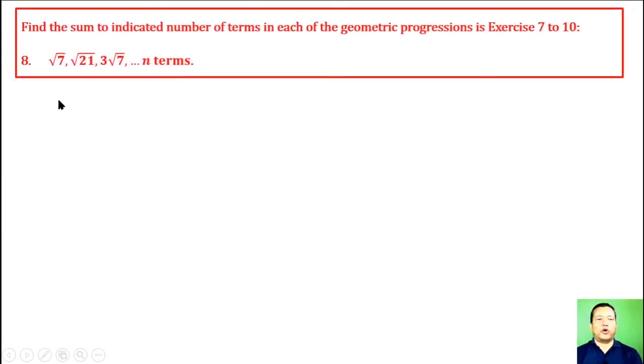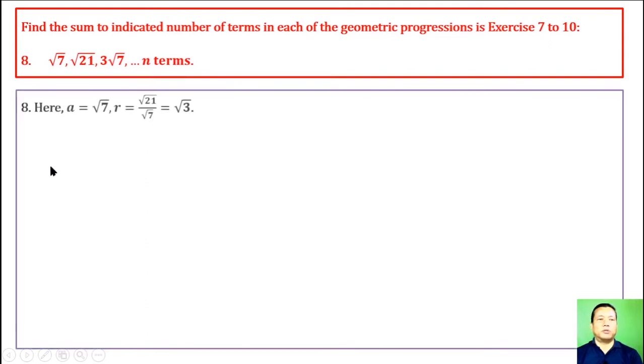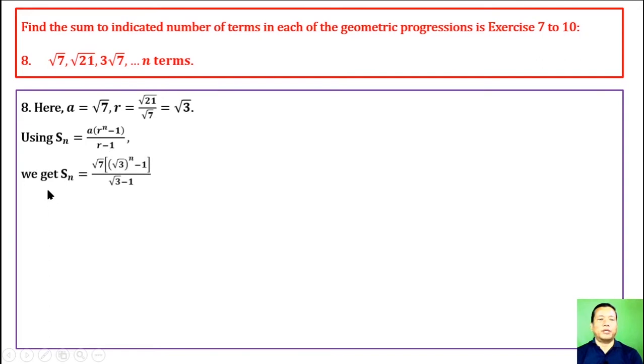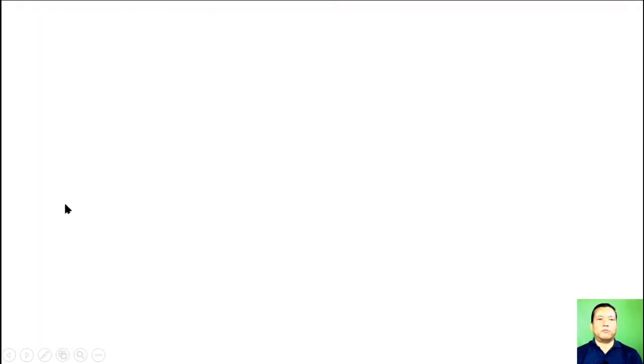Number 8. Root over 7, root over 21, 3 times root over 7, up to n terms. Here a is root over 7, r is the second term divided by the first term, that is root over 3. Using Sn equal to a times r to the power n minus 1 by r minus 1, we get Sn equal to root over 7 times root over 3 whole to the power n minus 1 divided by root over 3 minus 1. After simplification,